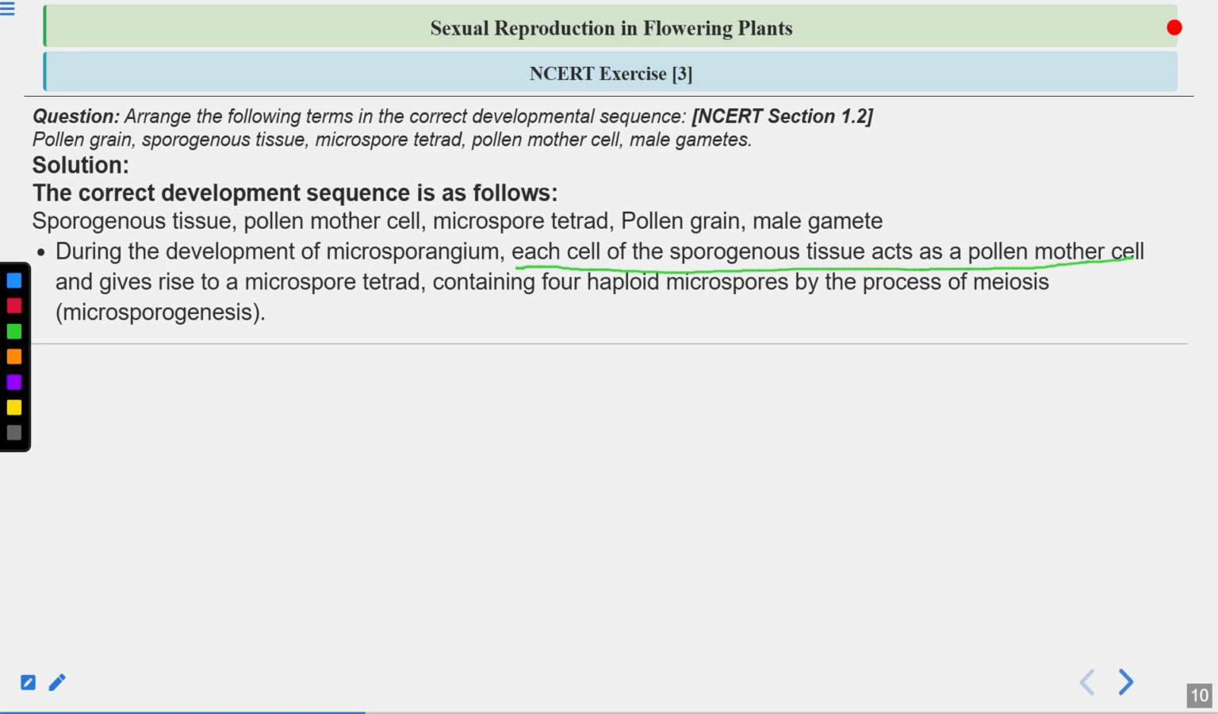diploid cell, that is the megaspore mother cell. But here you can see that all the sporogenous tissue acts as a pollen mother cell, right? And that gives rise to the microspore tetrad. This pollen mother cell undergoes meiosis division and gives rise to the microspore tetrad, containing the 4 haploid microspores by the process of meiosis,